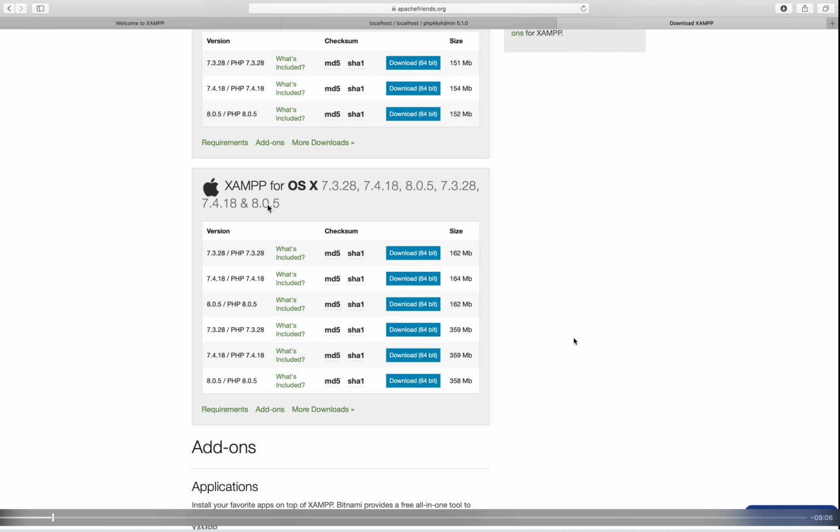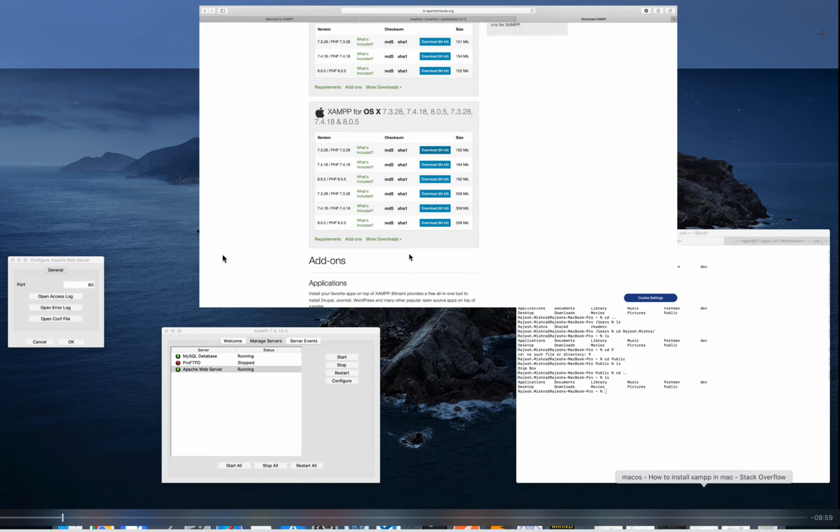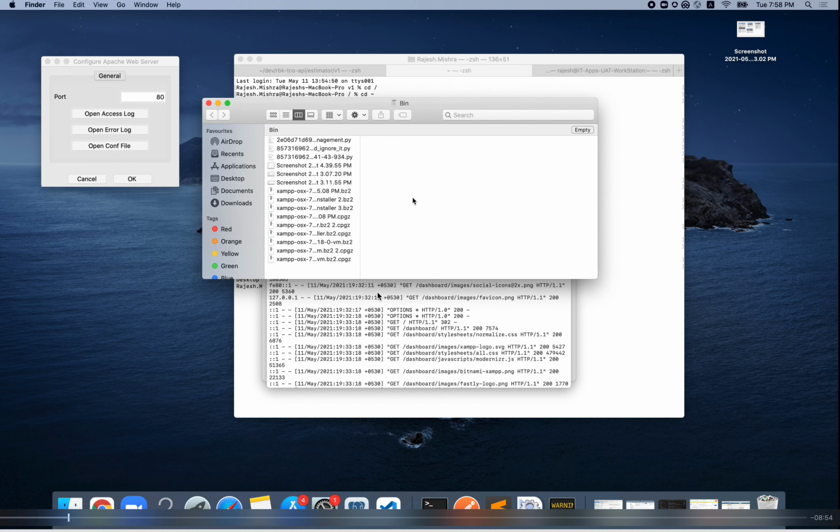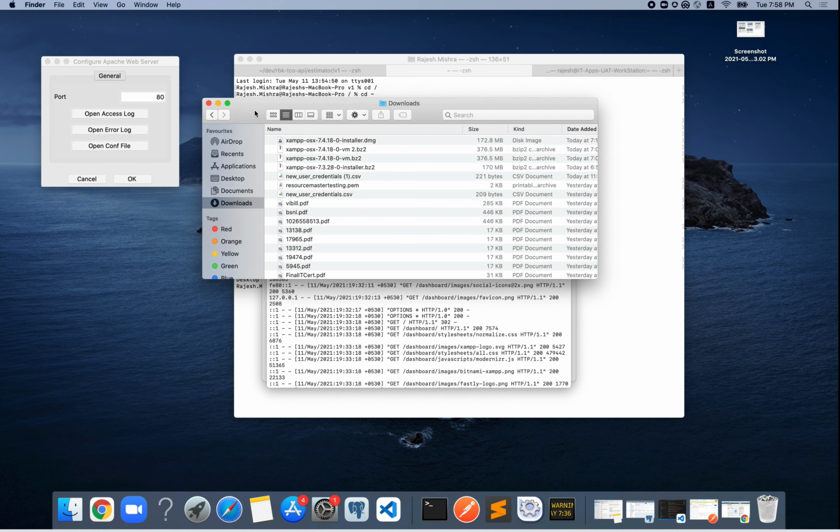Here all the files are located. On the left side we have different PHP versions, and on the right side we have a download link. You don't need to click it. This is the common mistake.